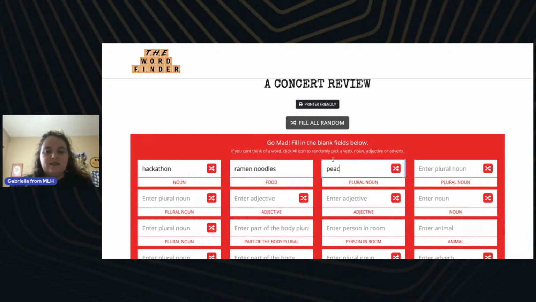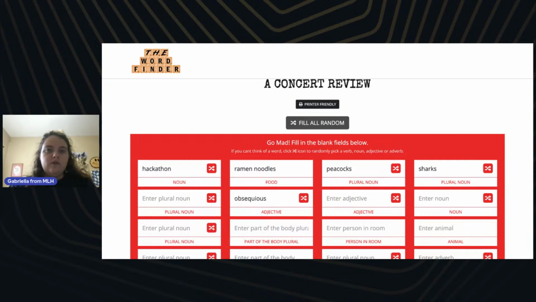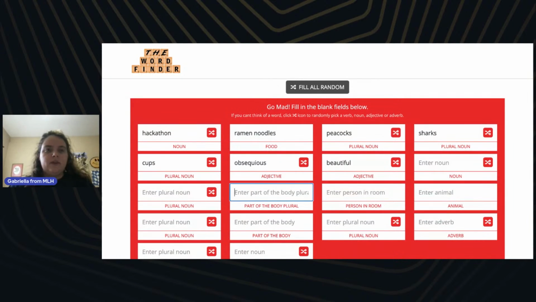I'm going to do peacocks. Sharks for the second plural noun. There's a lot of plural nouns in this one. We have a good adjective. Obsequious. Beautiful is another adjective. I'm going to add in a few more. For part of the body, we have foot. I'm going to do feet because it wants it to be plural. For another plural noun, I'm going to do waters,